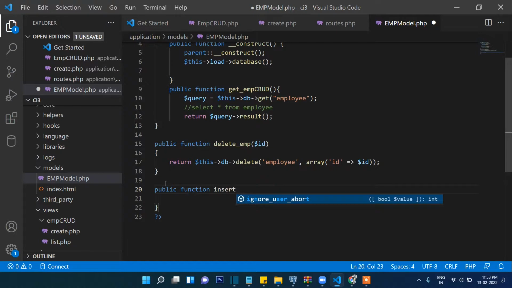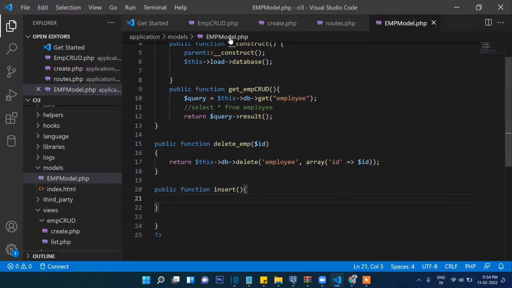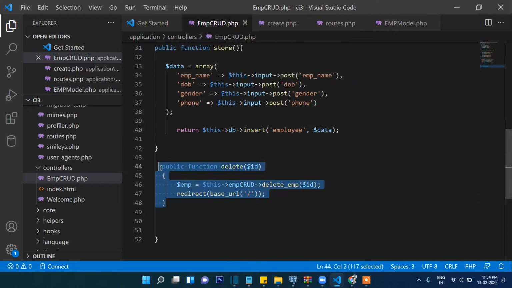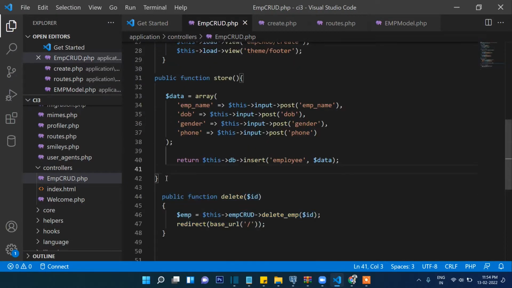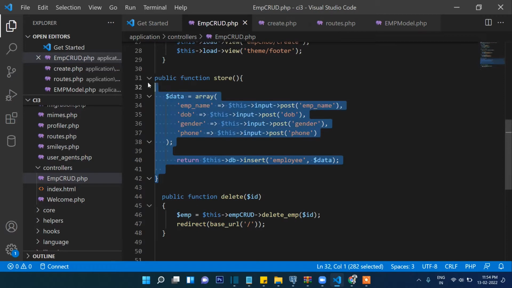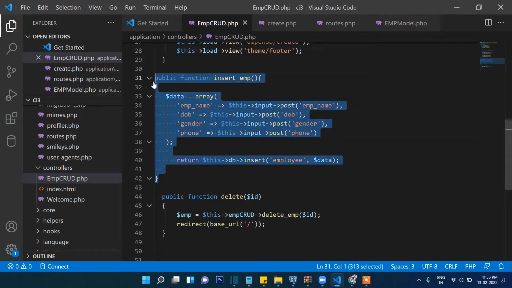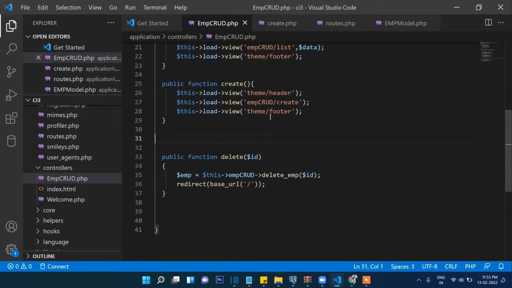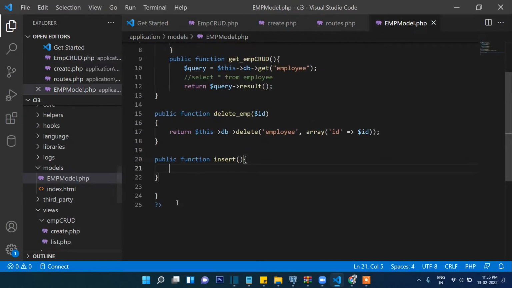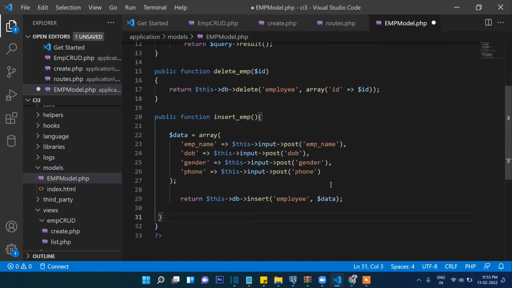Public function insert. Then actually I made a mistake. This will be not this. This will be inside our... there is one mistake actually, so this will not be stored here. Let's create this and paste this into the model. Okay, so this insert emp will be inside the model, and here inside the controller